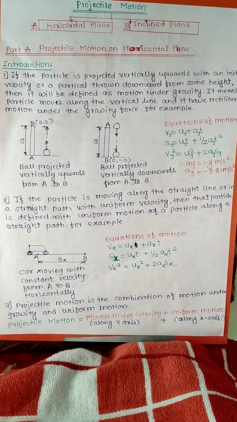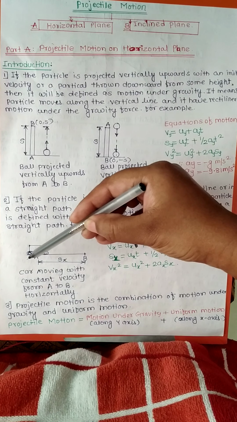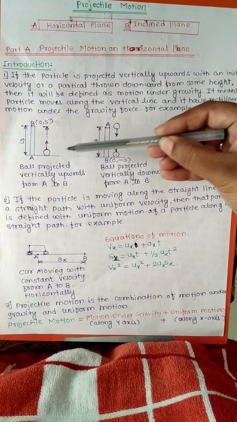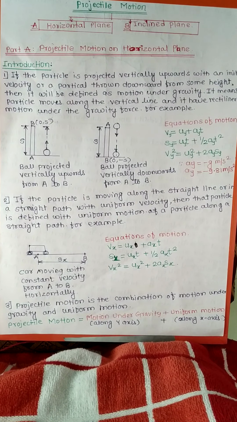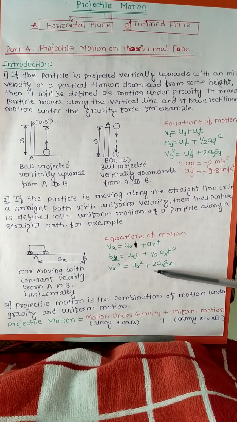Before starting projectile motion, let's highlight some chapters that we have already studied in the last unit. In unit number 5, the first chapter that we have learned is rectilinear motion. In that, the particle is analyzed in two directions: the particle's motion in horizontal direction, and the particle's motion in vertical direction. When the motion is analyzed in horizontal direction with constant velocity, it is called uniform motion, and the path covered by the particle is horizontal.